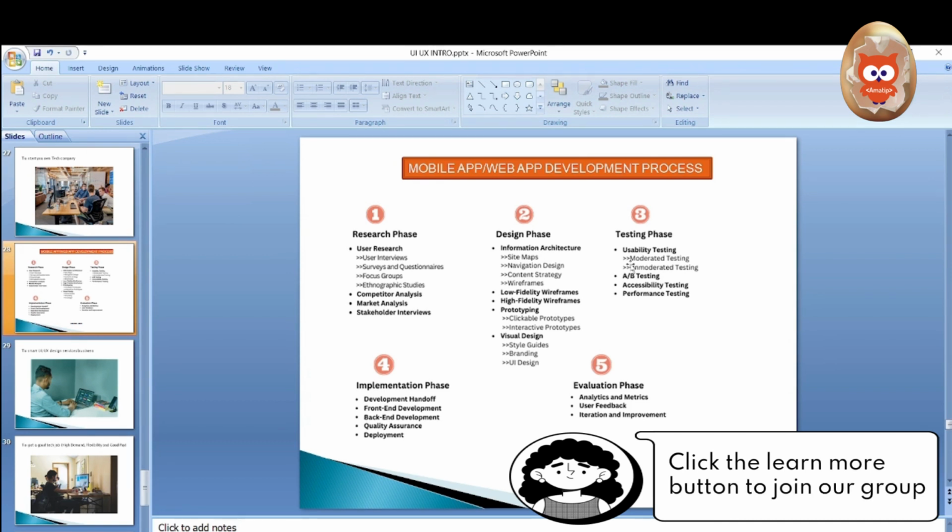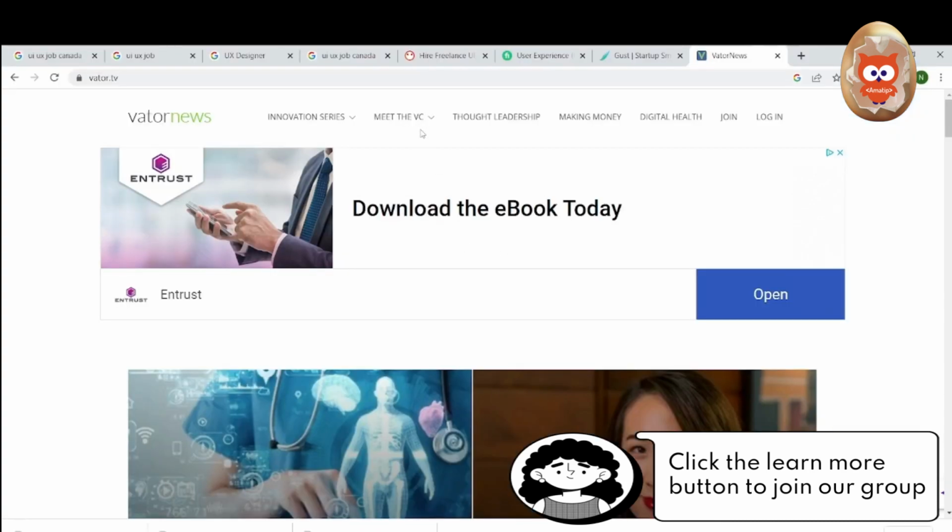Then you launch your product. By the time you approach the investors, any question they ask you, you will already know the answers, because you have passed through the necessary process.